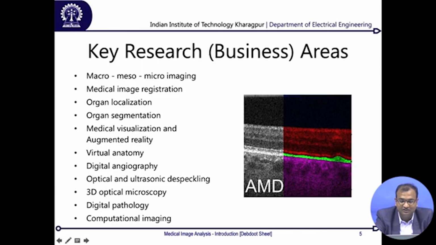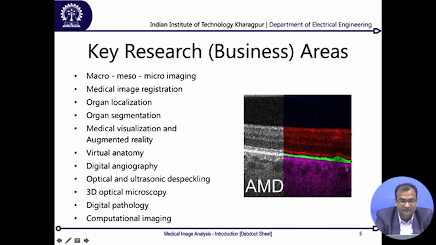So what you see is basically different layers of a retina from a patient with age-related macular degeneration, and very specifically this thin layer over here is called the retinal pigment epithelium, RPE. If you look at this particular image, it's really hard to distinguish because it's in a band of white zones, whereas this is a much thinner layer. So how we are using computational techniques to do it is about computational imaging as a